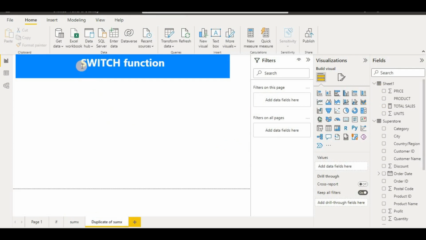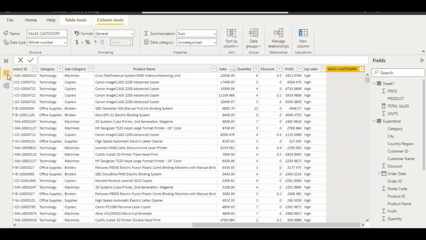So now friends, we will learn about the SWITCH function. What is the SWITCH function? The SWITCH function is similar to a nested IF, like how we create a nested IF function in Excel. Similarly we can use this as a SWITCH function in Power BI DAX. Now how can we create it? First of all we will go to our table, and here I will create a new column. I will just type new column here,